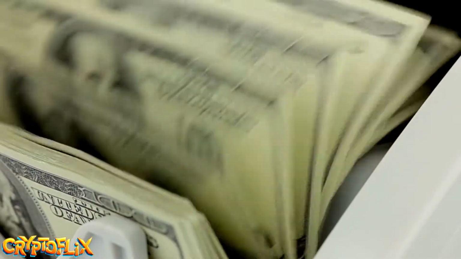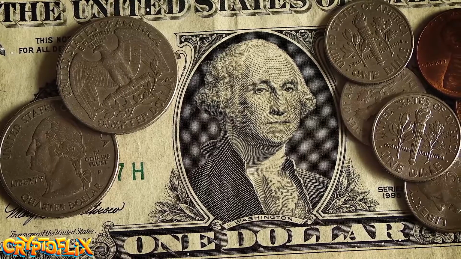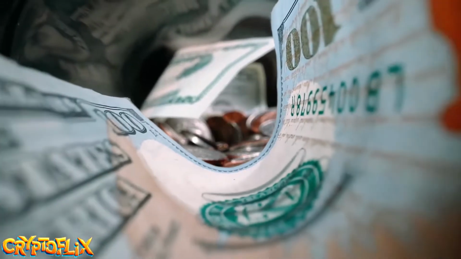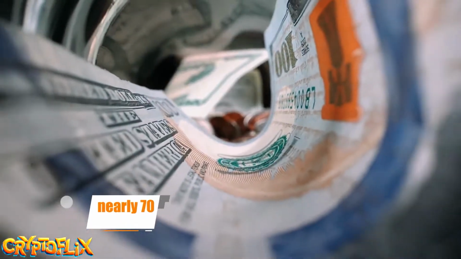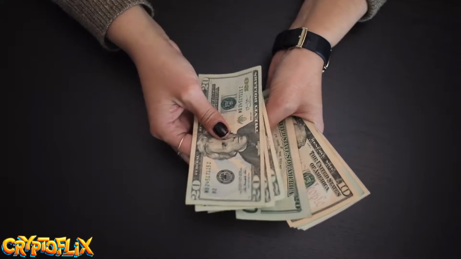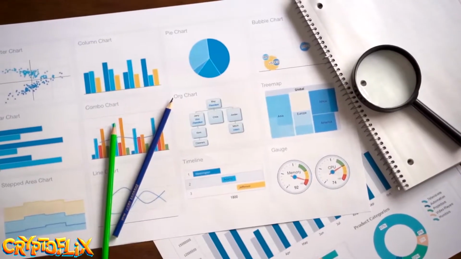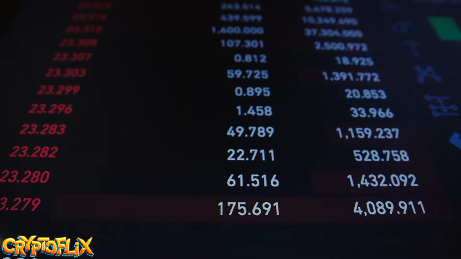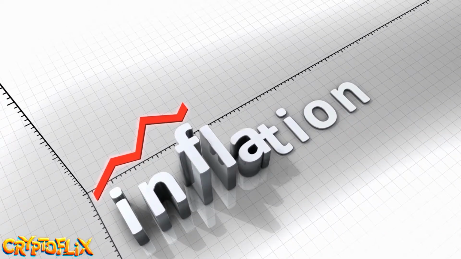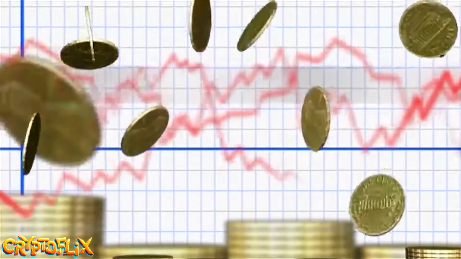The US dollar index has experienced significant ups and downs throughout history. It nearly reached a record high of 165 in 1984. In 2007, it reached an all-time low of nearly 70. During the last few years, the US dollar index has generally ranged between 90 and 110. The index is influenced by macroeconomic variables such as recessions and economic growth in various countries, as well as inflation and deflation in the dollar and other currencies included in a similar basket.